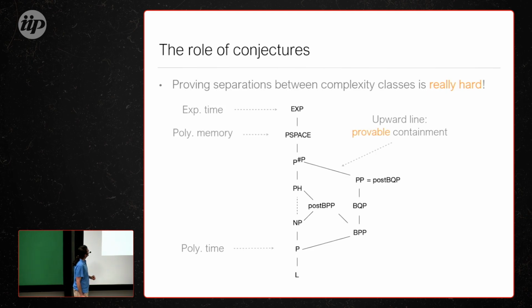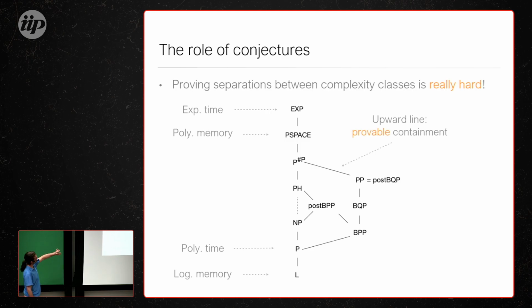Okay? You have PSPACE, which is polynomial memory. So it says, take as long as you want, but only use polynomial memory to solve this problem. That's what PSPACE means. And L means logarithmic memory. Okay? And why am I telling you this? Not because these are going to be important, but because